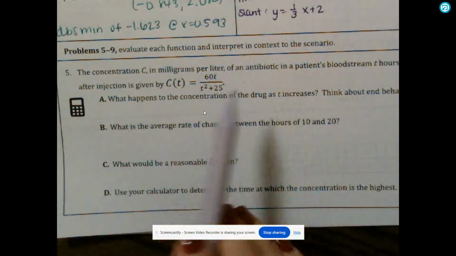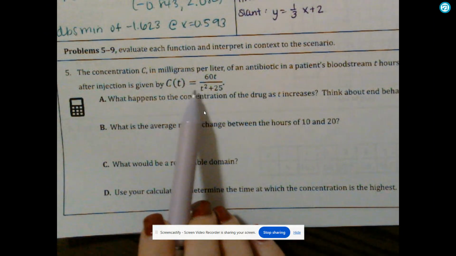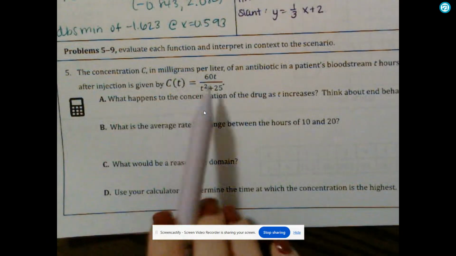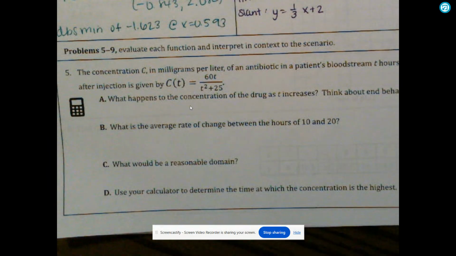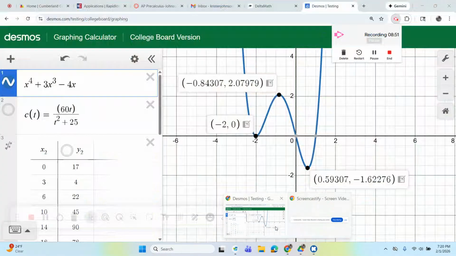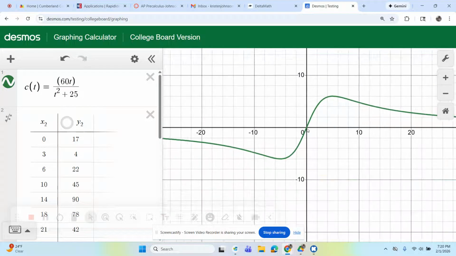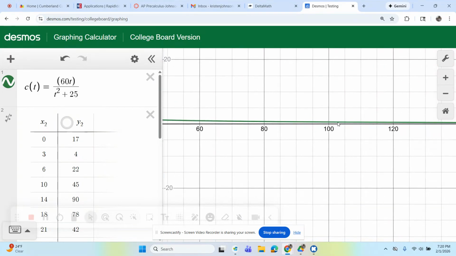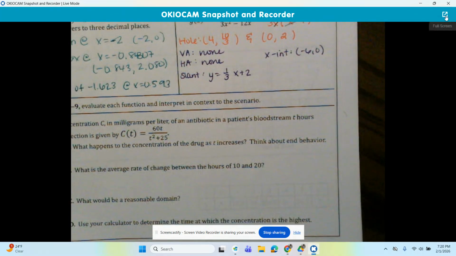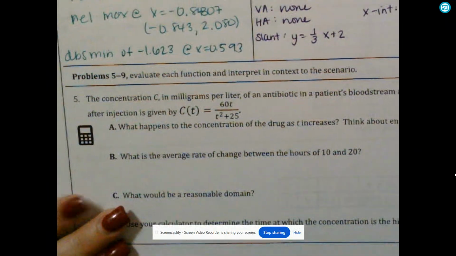But we can also talk about this analytically. If you look here, if T gets really, really big, the bigger the denominator of a number becomes, then it gets closer and closer to a certain value. And we know what that value is. And you'll see that on our end behavior. So I should have just left it up here. All right, so I'm done with this one. Let's turn this one on. Okay, so here we go. If I zoom out, you're going to notice as T increases, it gets closer and closer to 0. And we would know that, obviously, because we can do Bobo-Botten in this situation. Bobo, bigger on bottom, would be 0. Okay, so we know as T increases,